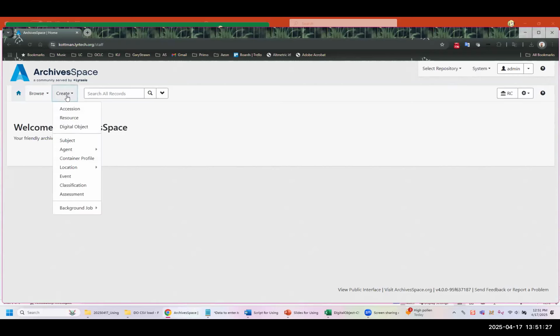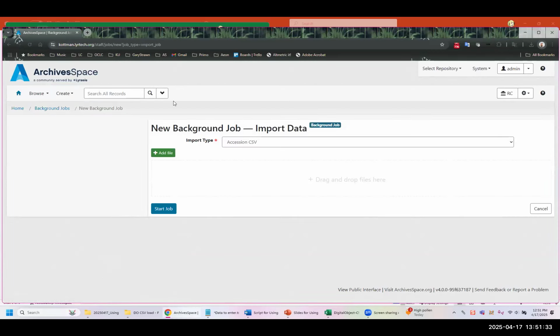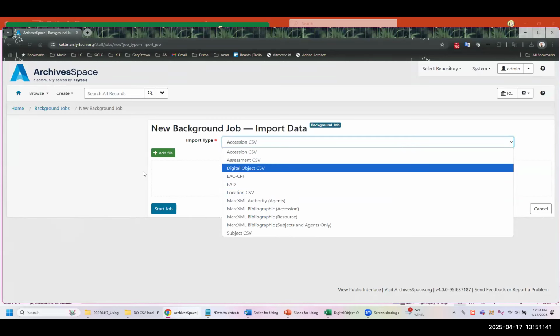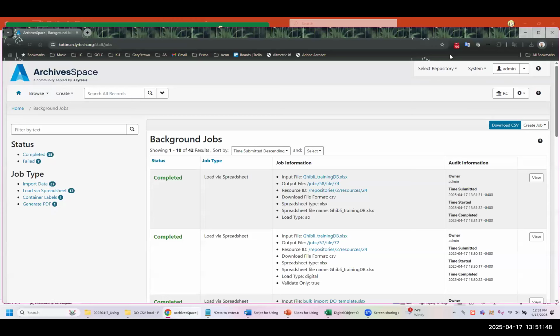You could click on Create, Background Job, and then click on Import Data. And this will get you right to the Import Data page where you could select what file type you have and import it. Or you could go through the Browse menu where you click on Browse and then Background Jobs,